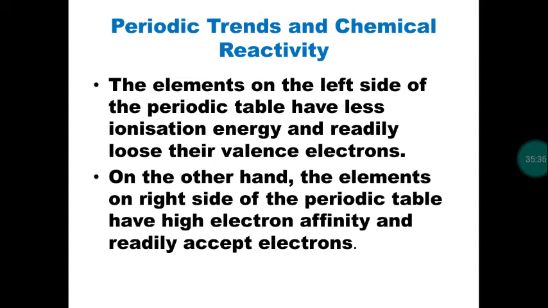So between cation and anion, there will always be a force of attraction. We call it an ionic bond. Electrostatic force of attraction will be there. The bond is an ionic bond, so the compounds are called ionic compounds. So which will be forming ionic compounds? Cation as well as anion. So group number 1 and 2 elements will form cations easily because they have low ionization energy. Then group number 16, 17 elements will have more electron affinity, so they will form anions easily by accepting electrons. So between these two, there will be formation of ionic bond.